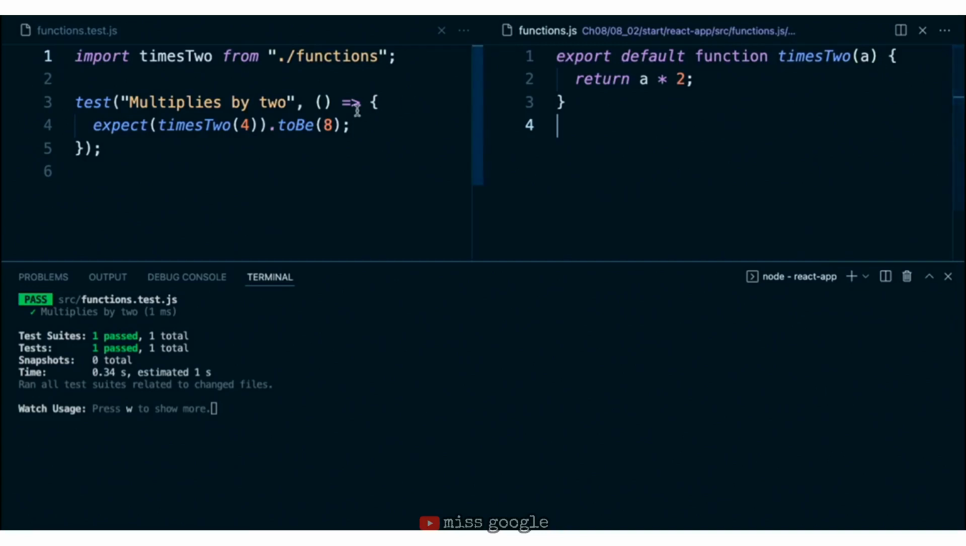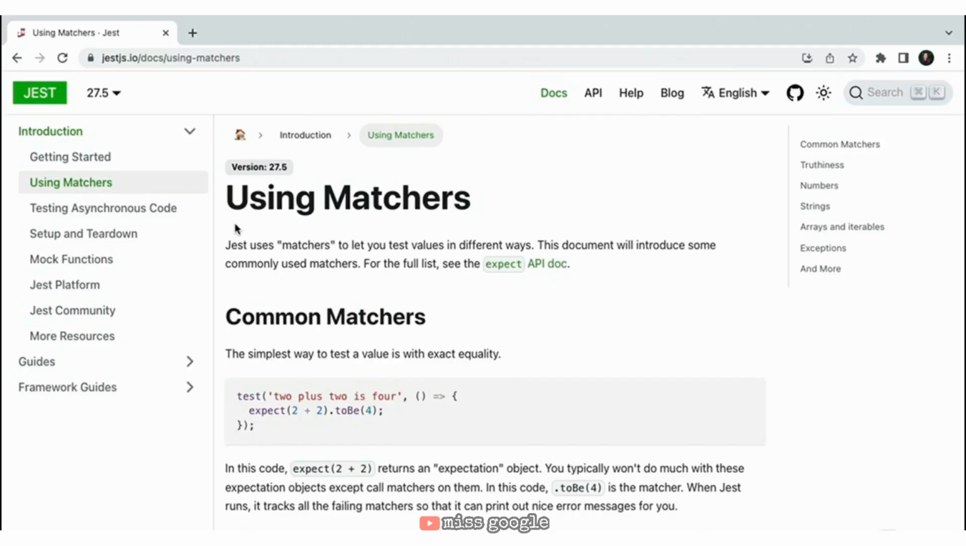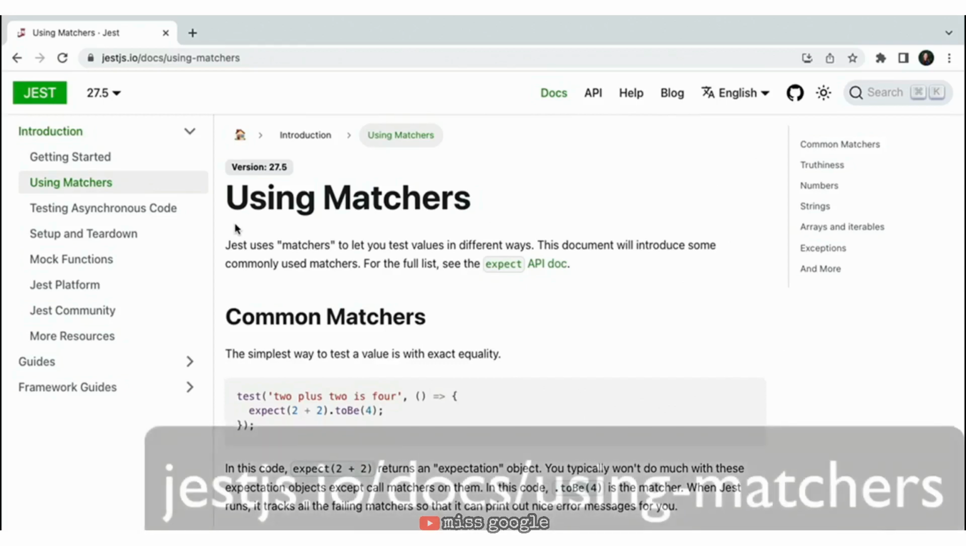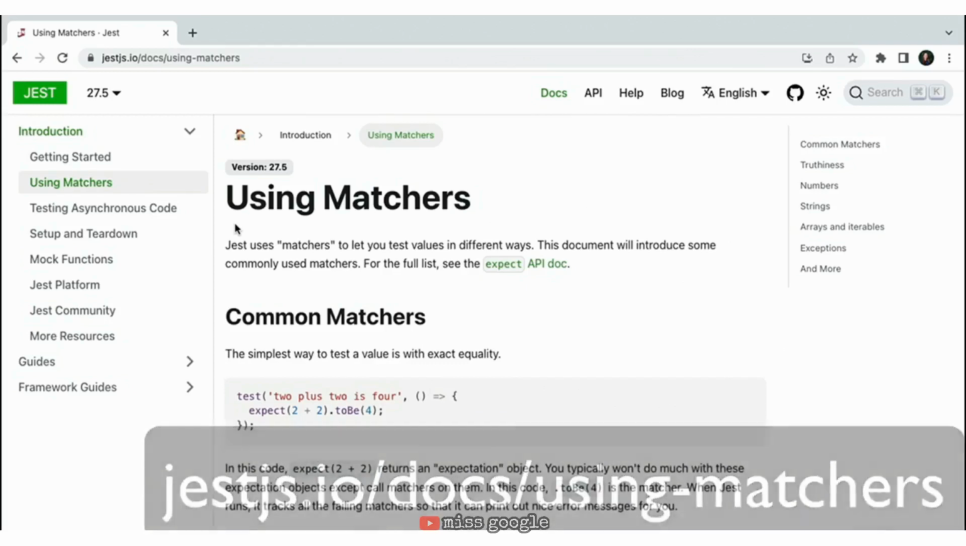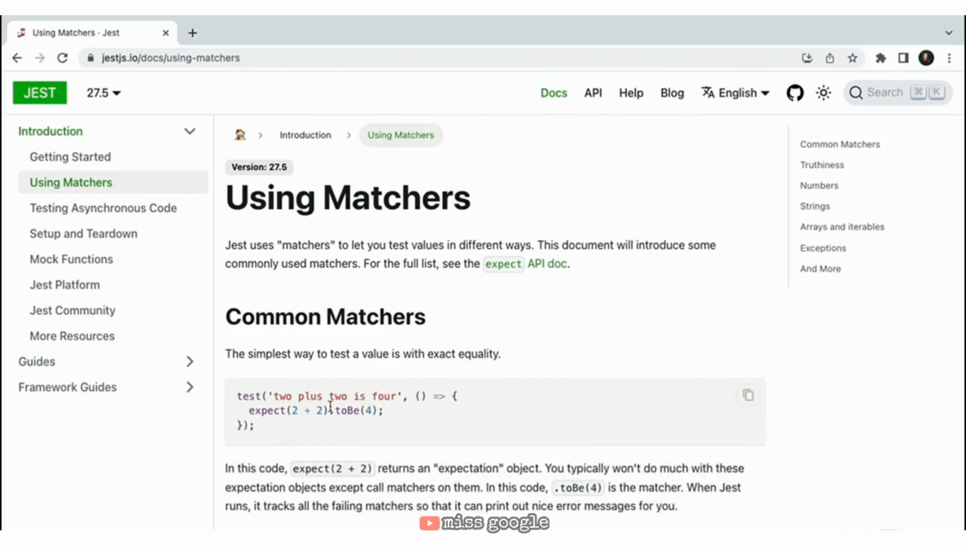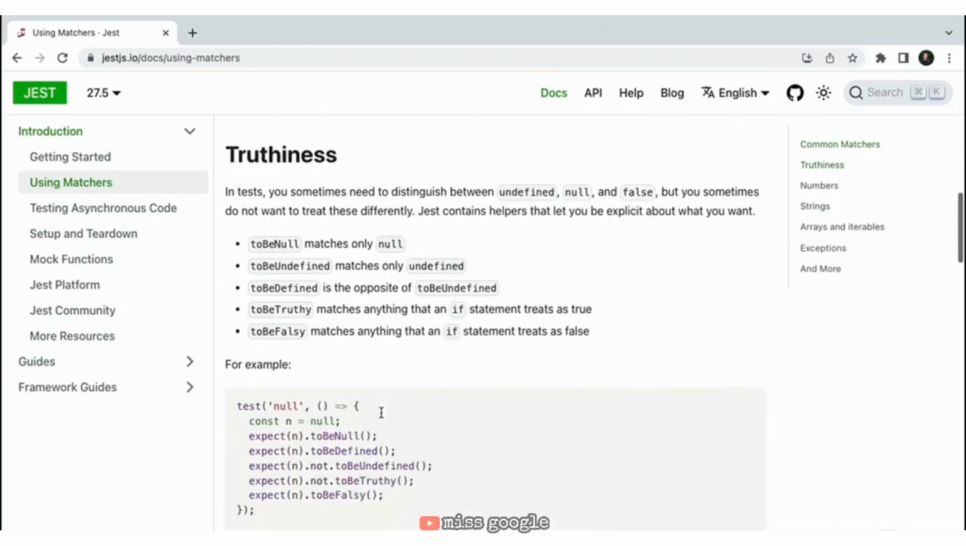So just to recap, Jest is built in to Create React App. We're using the expect function to figure out what the value of times2 is if we call it with 4. We're chaining on this matcher here, this Jest matcher. Now, something to keep in mind is that if you take a look at the Jest documentation, there are a ton of different matchers that you can make use of. toBe is going to just match for exact equality,